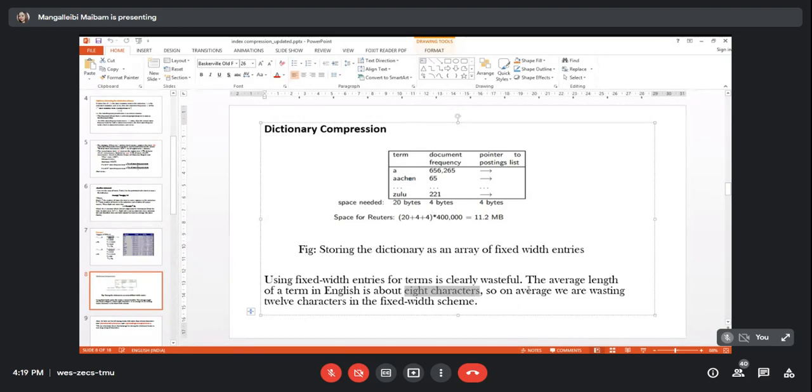So how to compress this one? For this we will be using a technique for dictionary compression. So once again let me explain this. So this Reuters is some text information which we are referring for our calculation purpose. So in Reuters there are about 4 lakhs terms. Okay, 4 lakhs terms. So for every term, if we use a fixed width entry, then